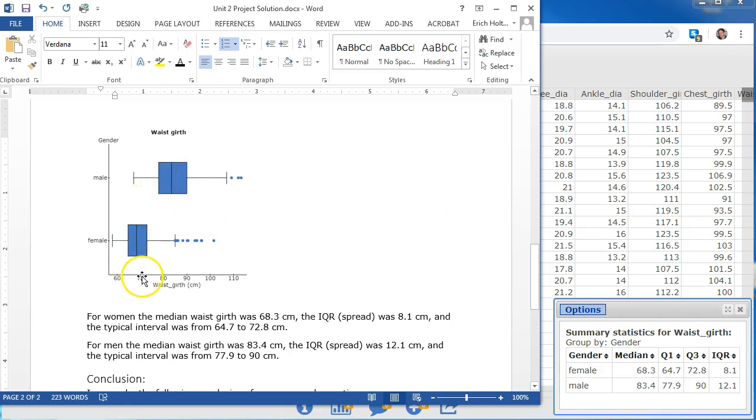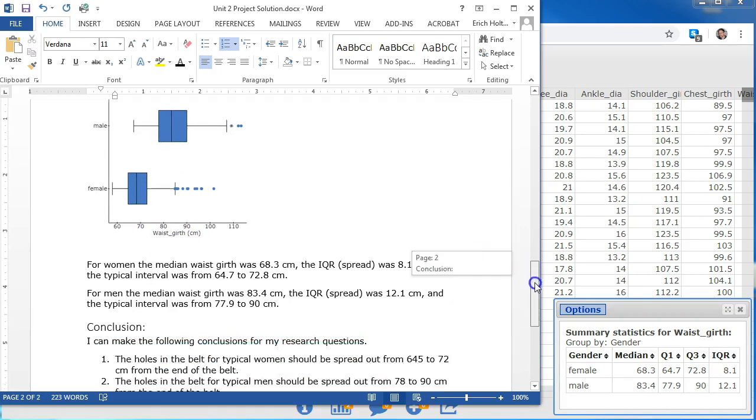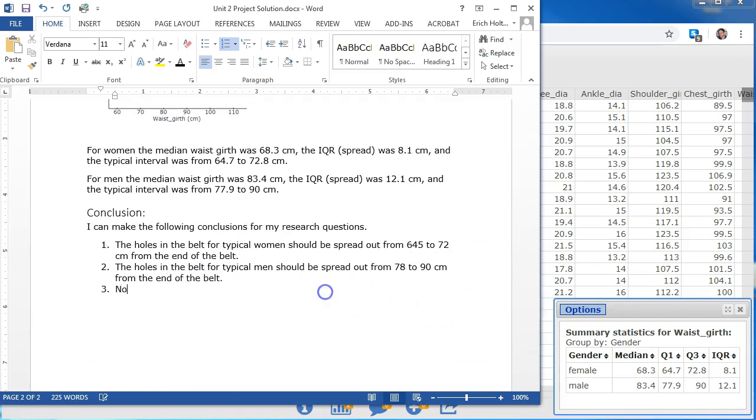I'd want a women's belt to look with the holes over here between 65 to 73 centimeters for the holes, and for a man the holes should be over here between 78 and 90 centimeters. So my conclusion is